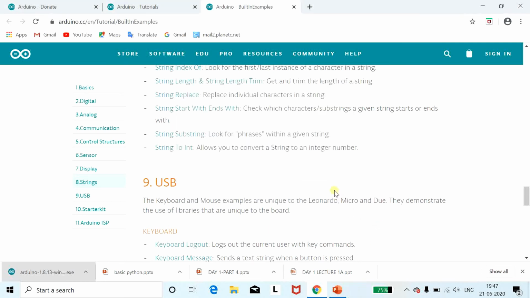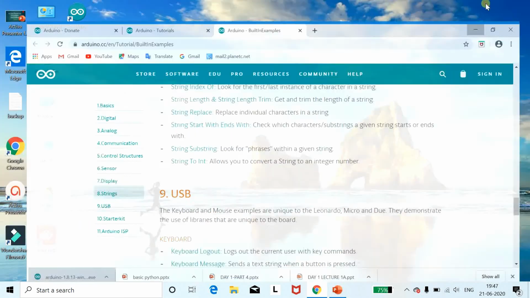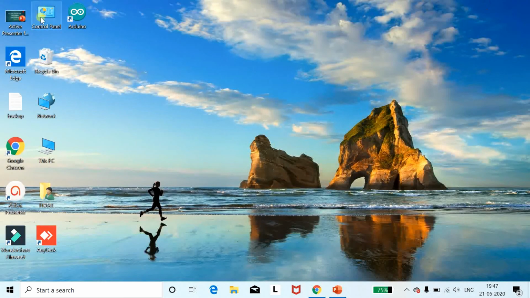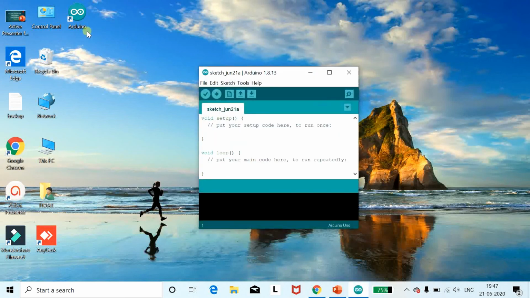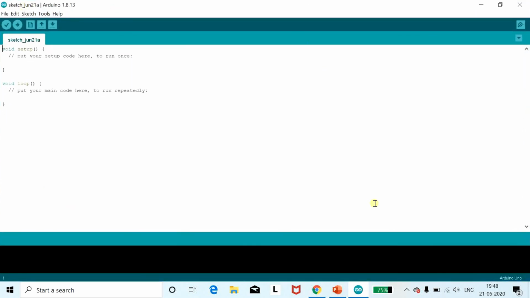As the process is properly done, you can see that the symbol of Arduino will be present on your main window. You can see that the shortcut for Arduino is available. Now you can open your software. This is the shortcut for your Arduino. You can remember the symbol also. You can see that your Arduino has been opened. The format you are seeing for coding is called a sketch. Earlier we used to call it a program. Whatever code you are going to write in Arduino, that screen is called a sketch.